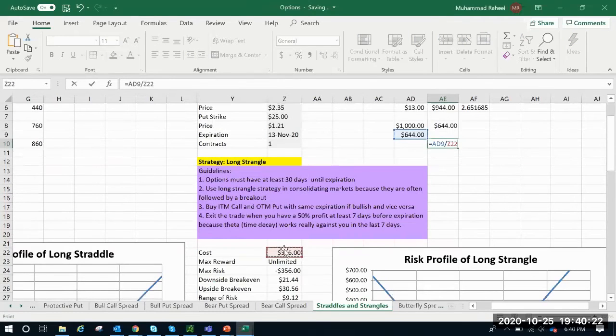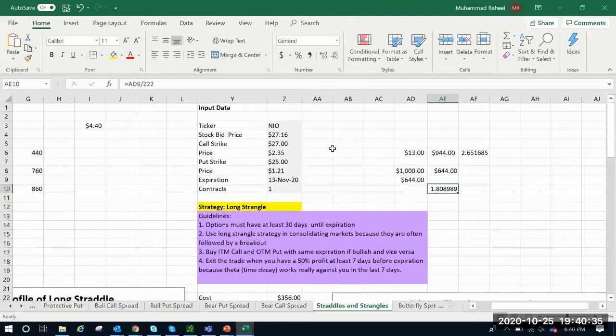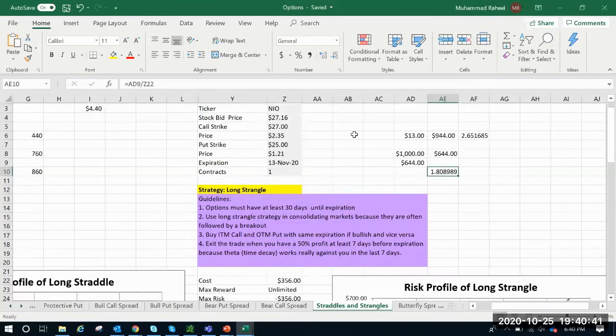So yes, straddles are more neutral, truly delta neutral. But these strangles are a little bit biased, skewed one way or the other, or maybe buy a put option that is deep in the money. But worst case, if it goes up, then you have a call option that will protect you in case you are wrong. So that's the idea behind